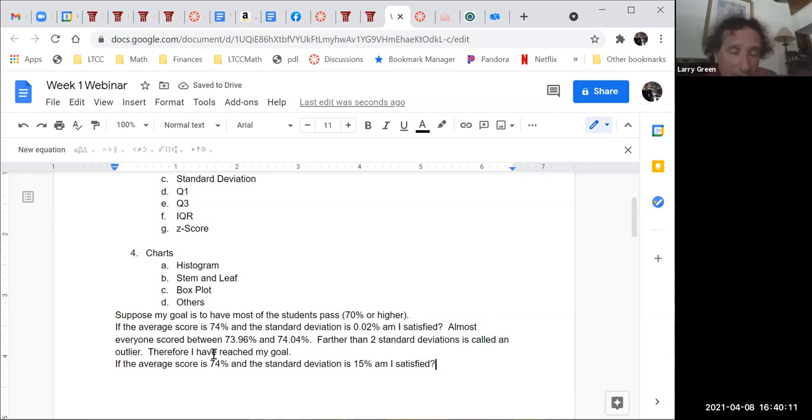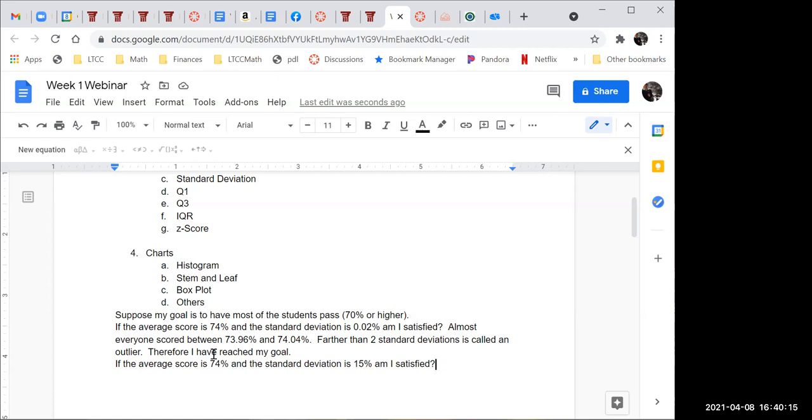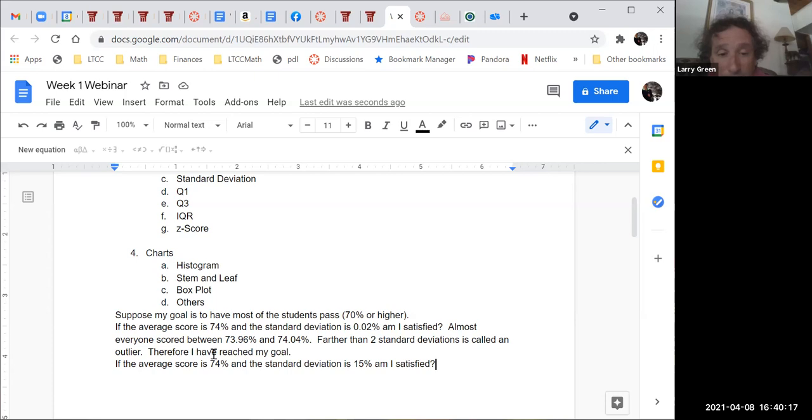Now what can we say? No, you wouldn't be satisfied. Even if we move 1 standard deviation down, we're not passing. Do you see that? Because 15% below 74% is 59%. That's an F. So since even 1 standard deviation